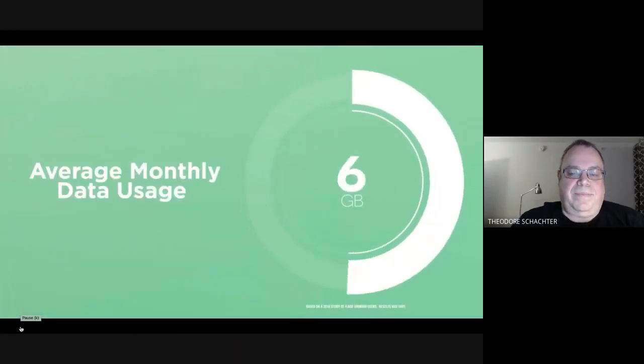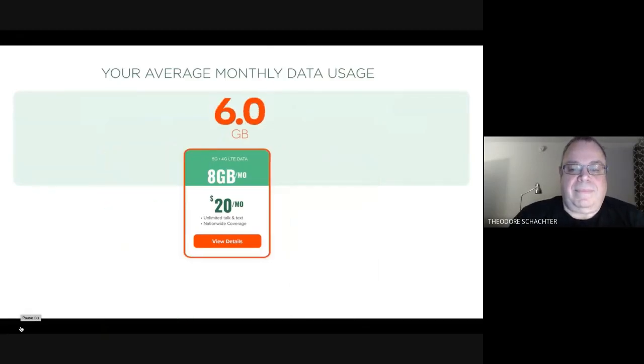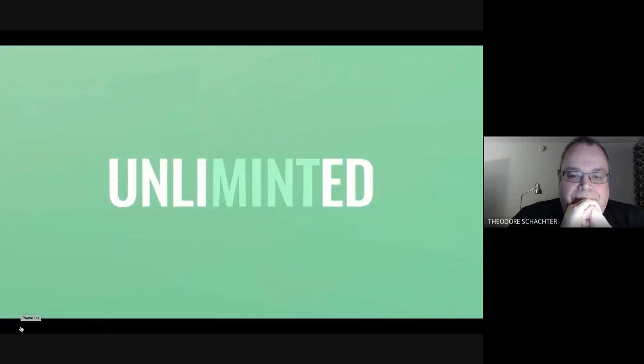Well, it turns out the average American only uses 6 gigabytes of data, but people love having unlimited. So wireless companies use it as a way to increase revenue. Not at Mint. Not on my watch. In just a couple of weeks, we're going to start letting unlimited users know exactly how much data they've been using before they renew. So if your monthly usage safely fits within our 12 gigabyte, 8 gigabyte, and 3 gigabyte plans, we'll recommend that you switch so you can pay less. Unlimited. It's unlimited without your wireless company trying to